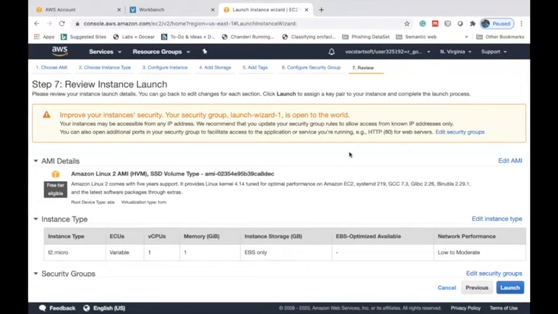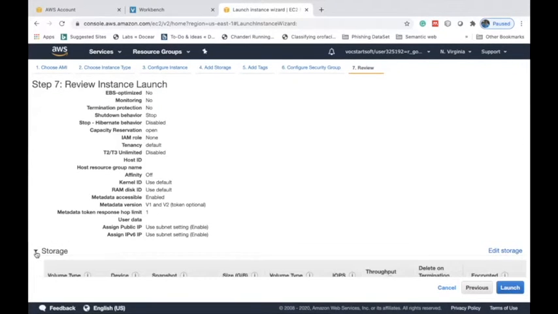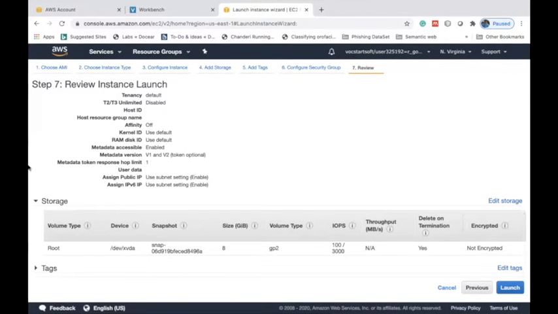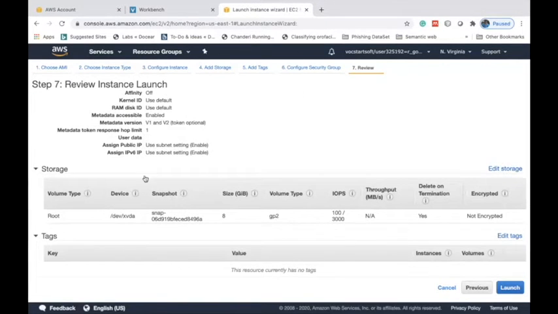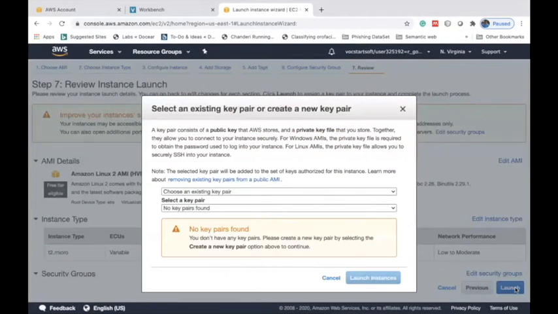Whatever options you have mentioned, everything will come into the dashboard. You can review the content, whatever settings we have chosen as part of the wizard. Once the settings are fine with you, you can click on launch to launch the instance.